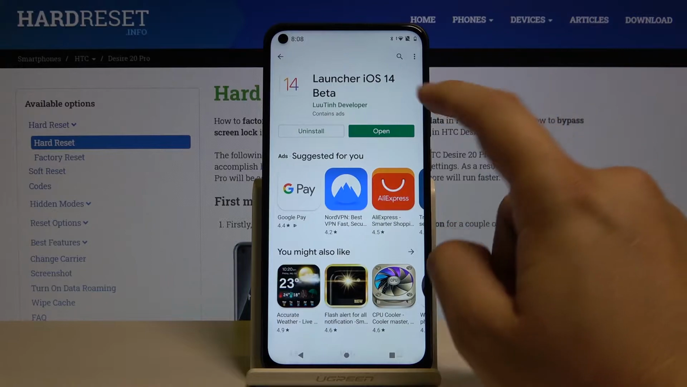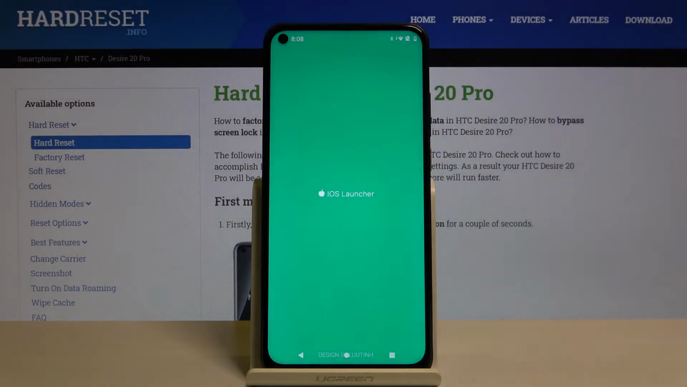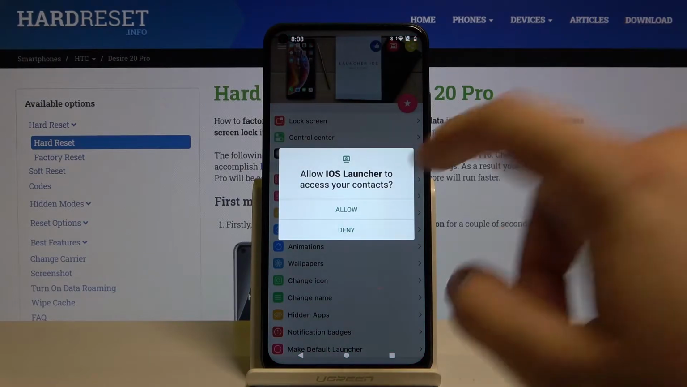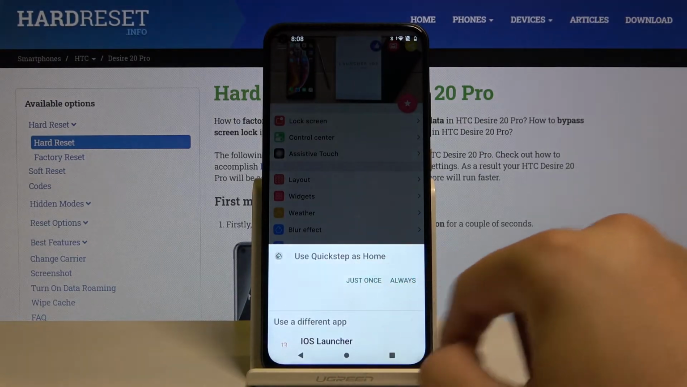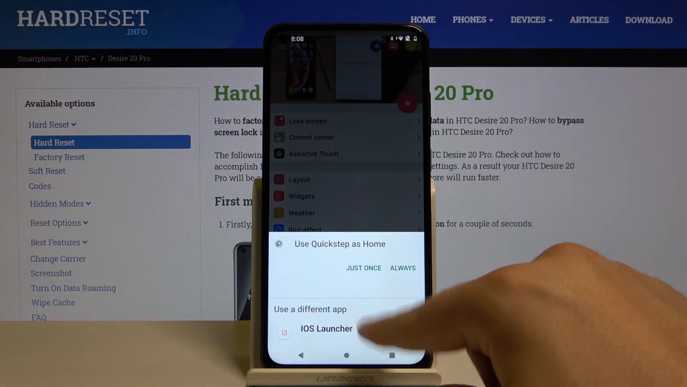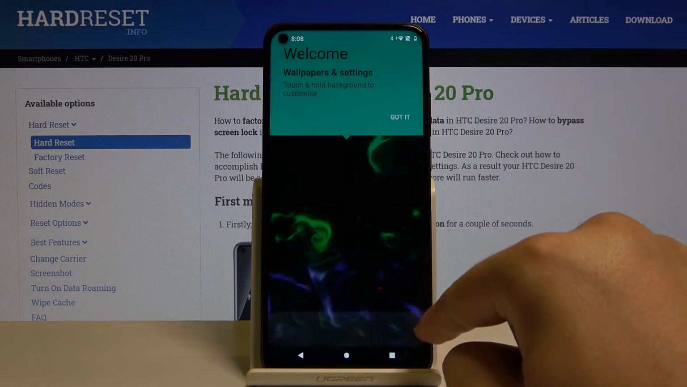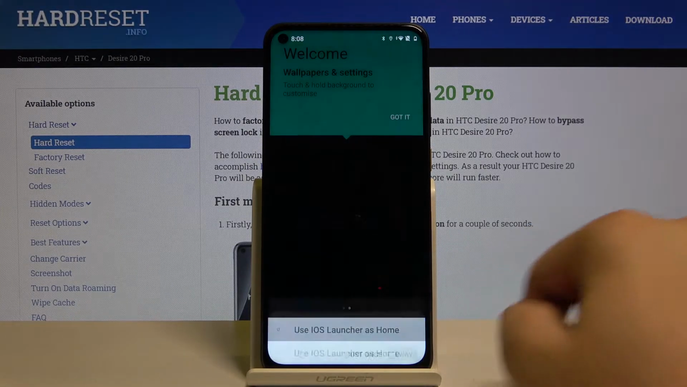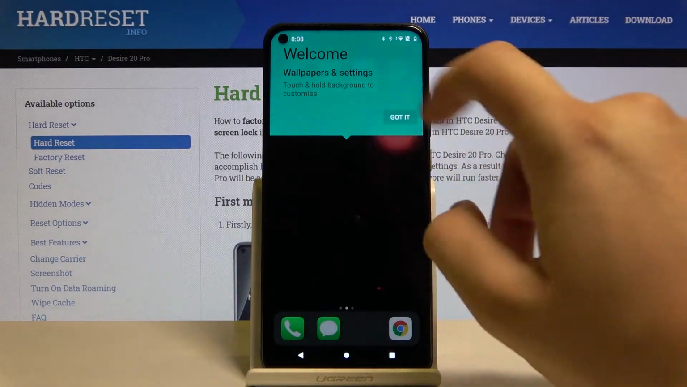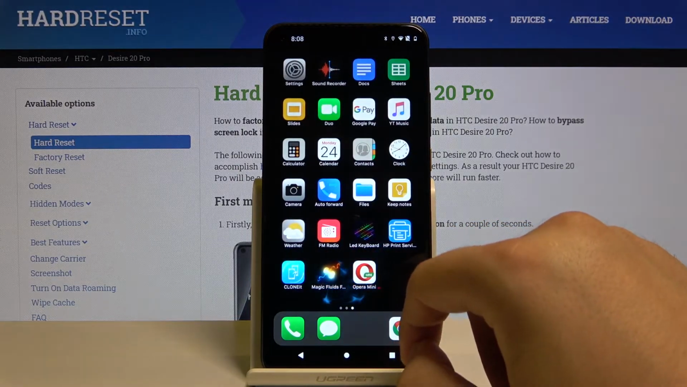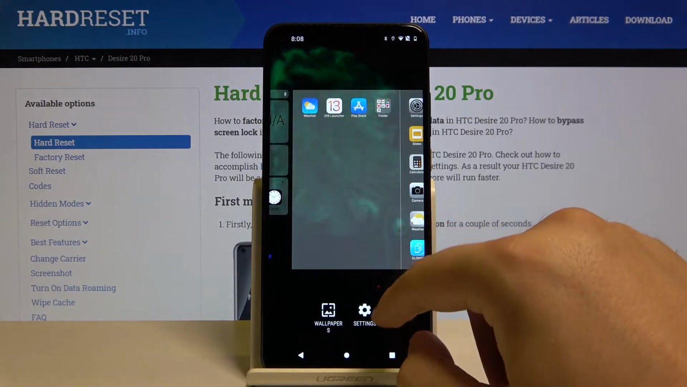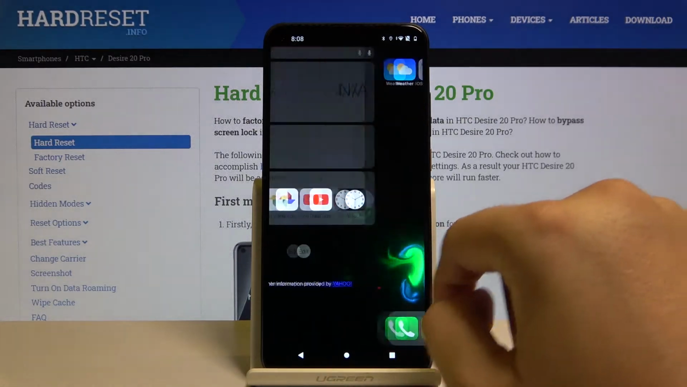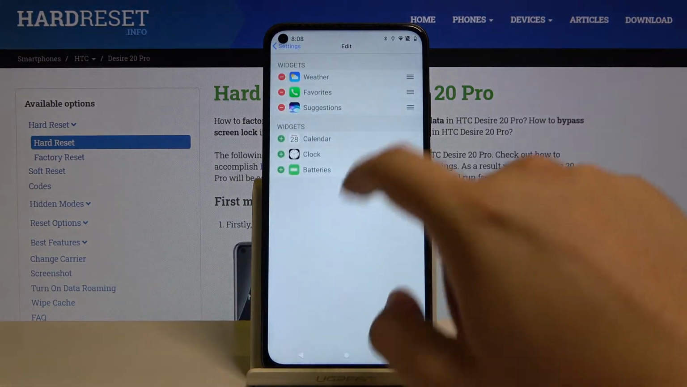Right now we can open this application. Accept the permission and click right here. Then we have to select our launcher. Of course, we are going with the iOS Launcher 13 and click always here. Tap on this notification that we got it, and right now it's loading all of the stuff that we have on our smartphone. And right now we can edit some widgets here,